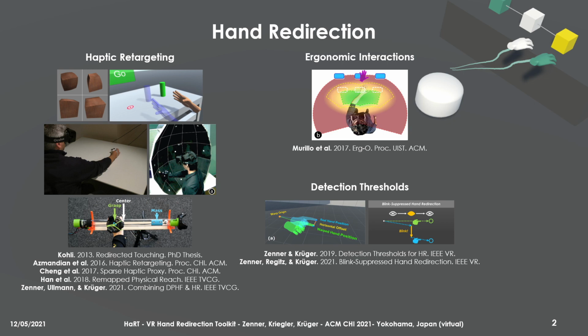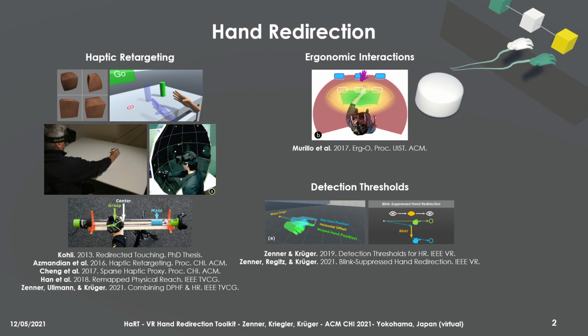As such, past research showed hand redirection to successfully improve proxy-based haptic feedback for VR through haptic retargeting. Moreover, hand redirection was shown to be a suitable approach to provide improved ergonomics of 3D user interaction. Recently, several studies contributed to our understanding of how hand redirection can be employed without users noticing the manipulation by studying perceptual detection thresholds. As a result of previous research efforts, a variety of different algorithms and approaches to hand